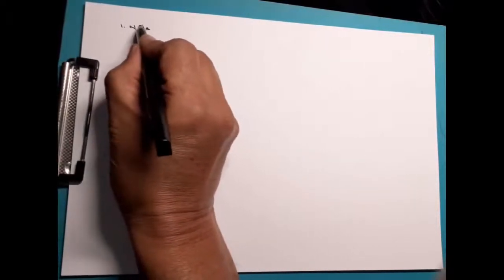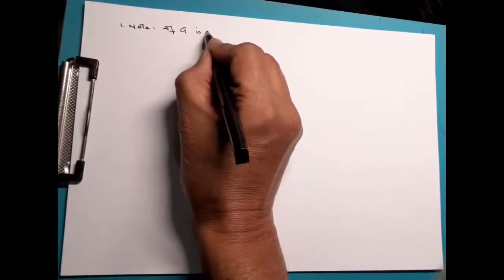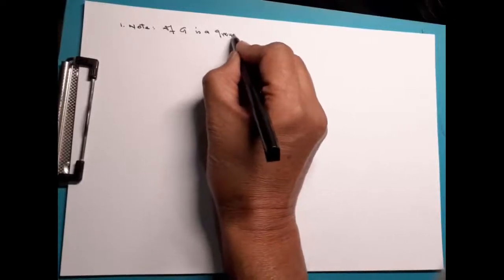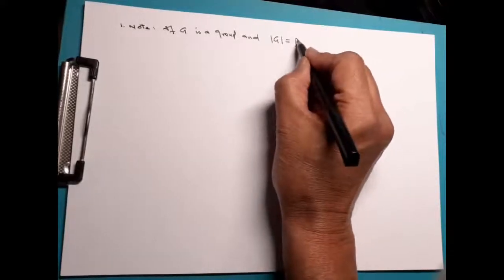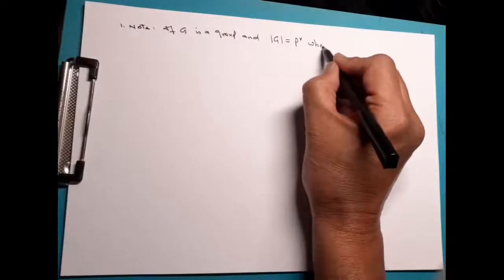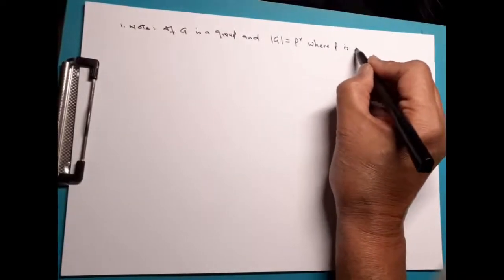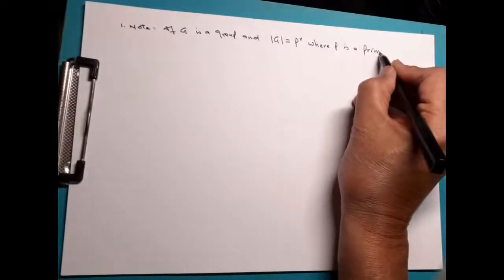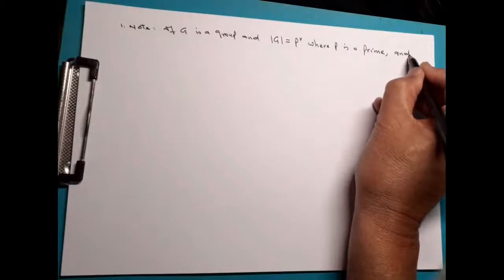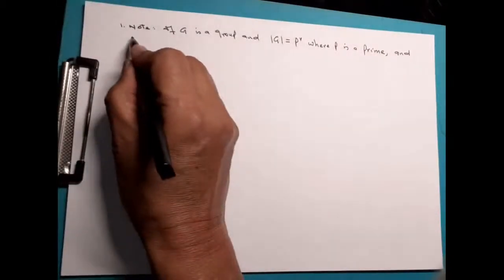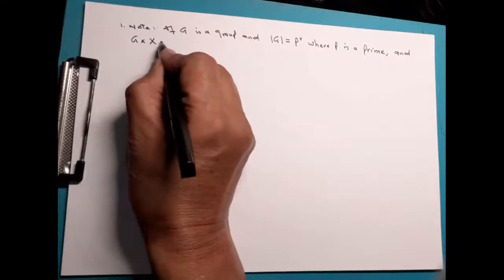Before we come to the proof of these theorems, first we note that if G is a group and the order of G is equal to P raised to power R, where P is a prime, and the group G is acting on a set X, that is, G cross X into X is a group action,